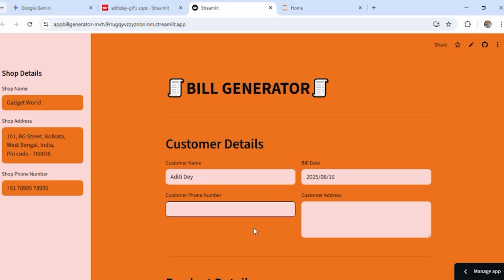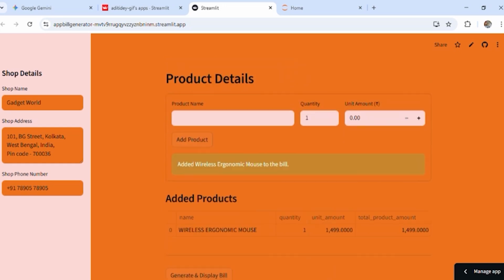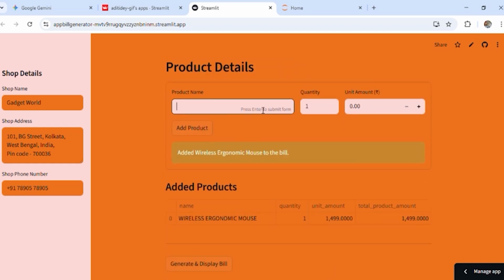The real intelligence lies in the input section. User can quickly enter product details regardless of capitalization because our system automatically converts all product names to uppercase for consistent professional billing. As items are added, a live preview immediately displays the quantity, unit amount, and the calculated line